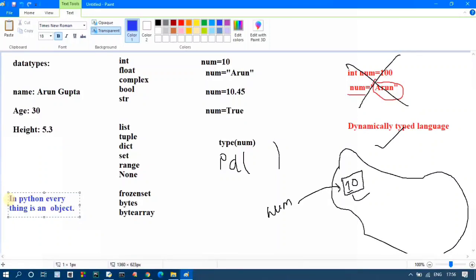Right now I am not able to tell you what an object is, so just remember a single point. In Python, everything is an object. This memory location, this box, is just a memory representation concept. Internally such a box is made or not, that is a different thing, but I am taking a general representation of the memory. That memory block is an object, and that object is referred to by some name. This num variable refers to this memory location. Just remember a simple point: in Python, everything is an object.